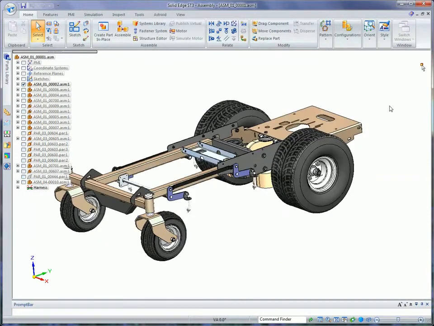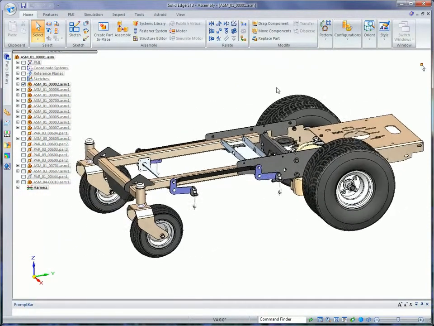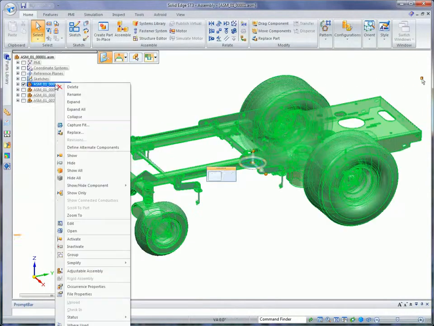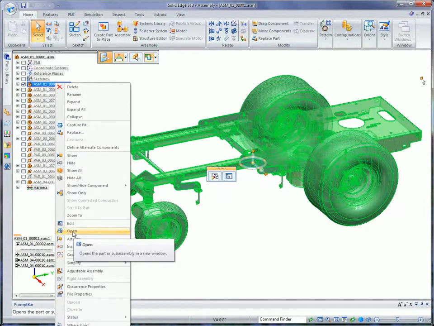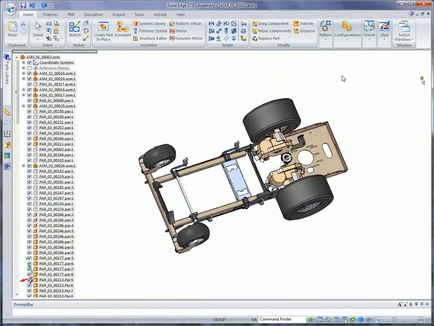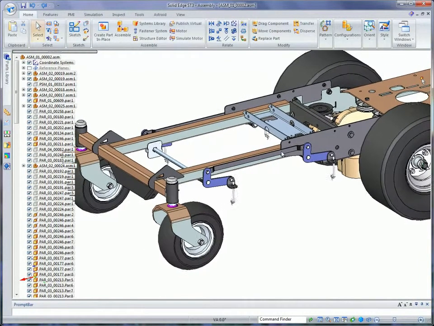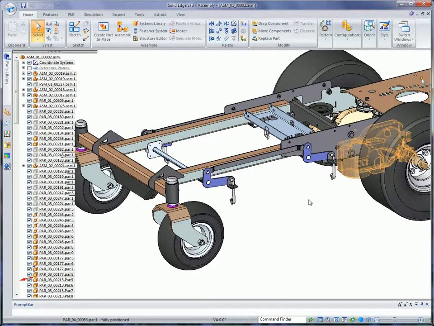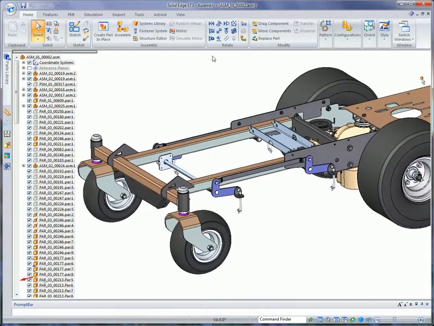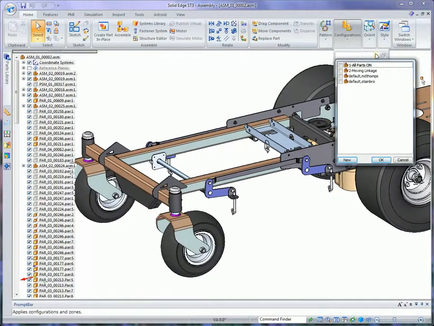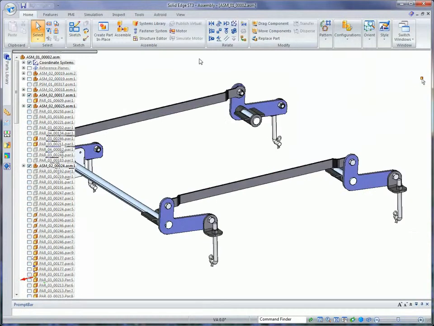Now basically this allows us to focus in on this design task, and this is what we're going to be looking at. So the first thing that we're going to do is open up this subassembly so we can work just in this subassembly itself. And you'll notice here that we have some linkage that basically pulls up the mower deck. Since we've in place activated, I'm going to go to this subassembly's display configuration and go to the moving linkage so we can just focus in on our design task